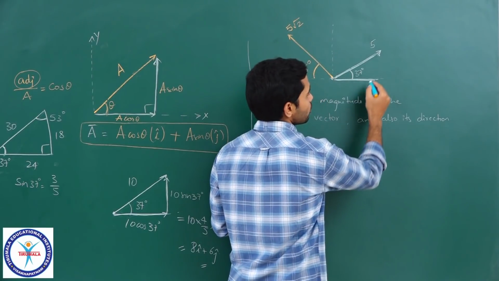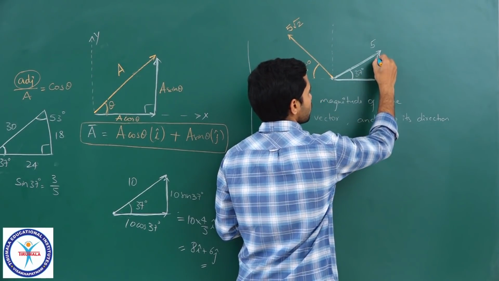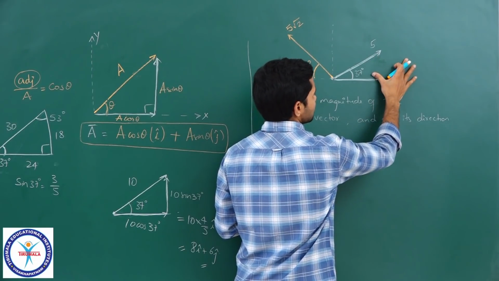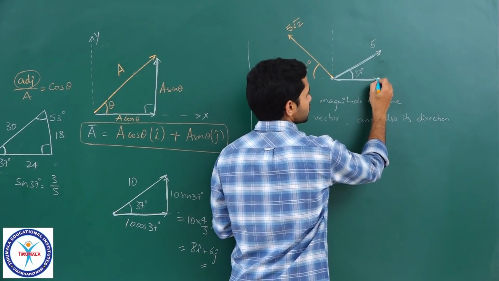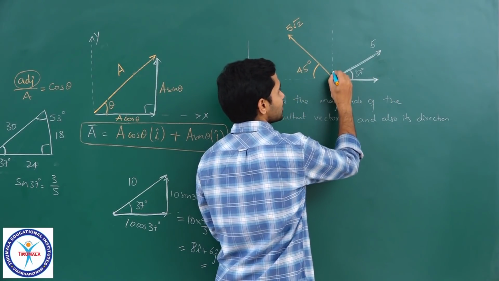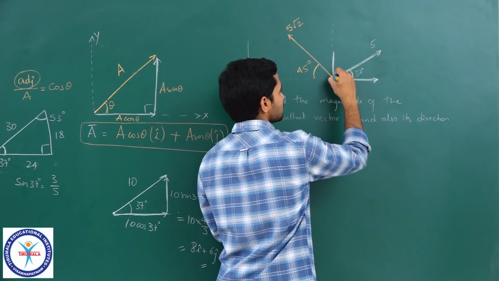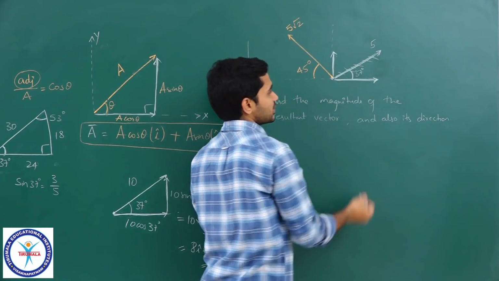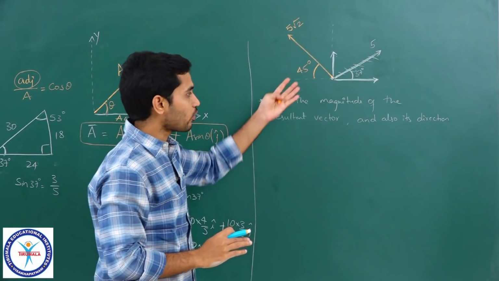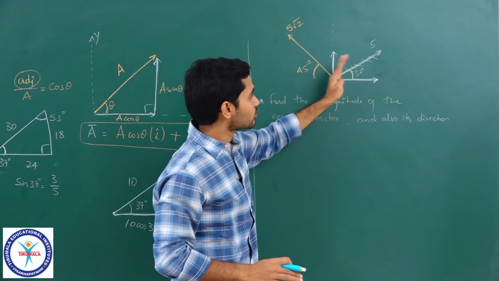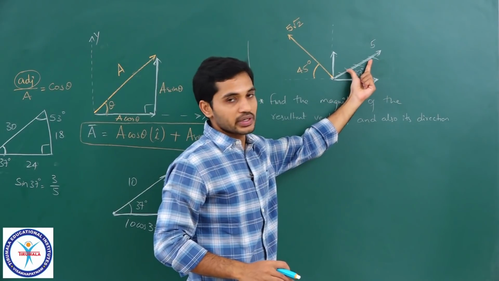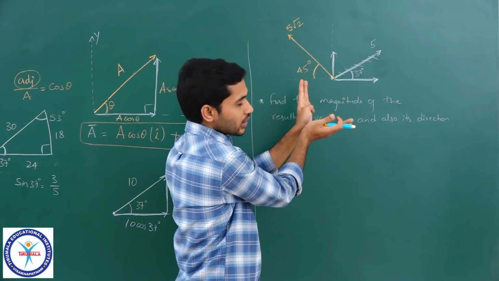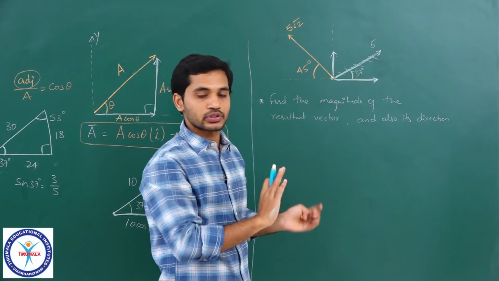So this is one component and this will be the other component, or instead of drawing it here, let me draw it along the y axis, that will give us a better idea. So this is one vector and the other vector will be like this, correct? And now I have broken this vector. So this vector is no more present, I have broken it, which means I have already resolved it. Once you resolve this vector, you do not have to worry about that vector, it is not there. This vector has been broken down into two components, clear? So that is how you should understand it.